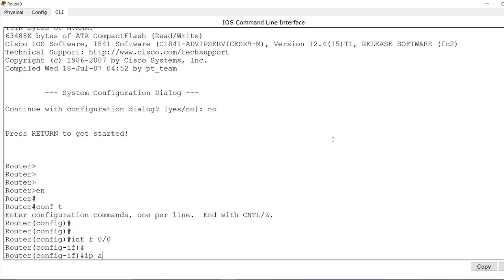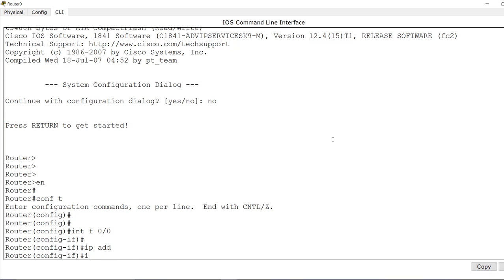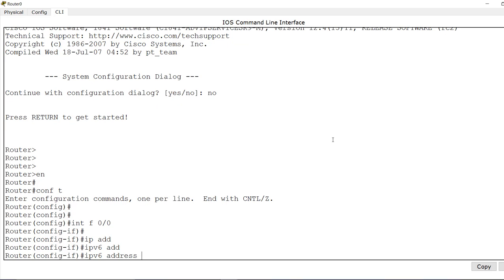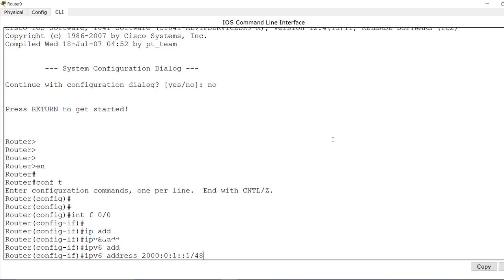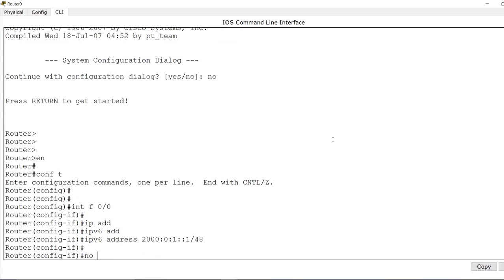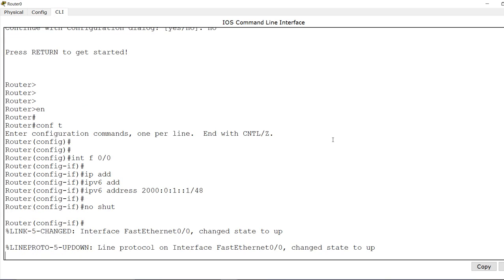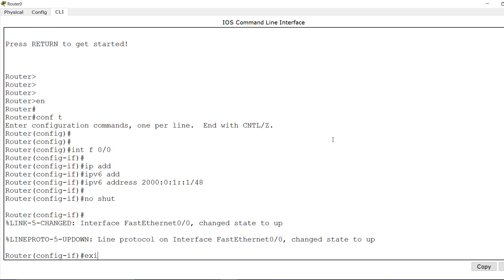Instead of giving ip address, I will give ipv6 address. So this will take the IPv6 address 2000:0:1:1/48. No shutdown will bring up this port. I will exit